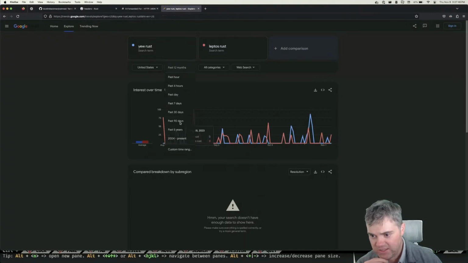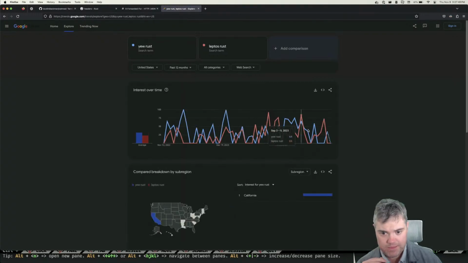How about year? Somewhere around March of this year, March, May, June, is when Leptos started getting even with Yew. But before that it was